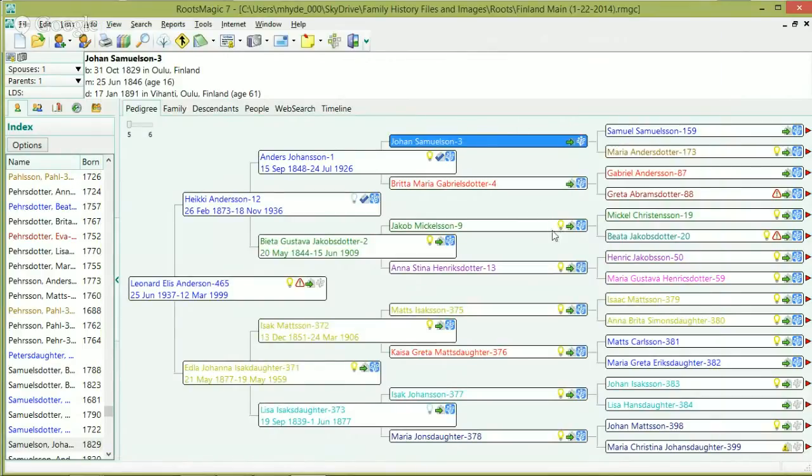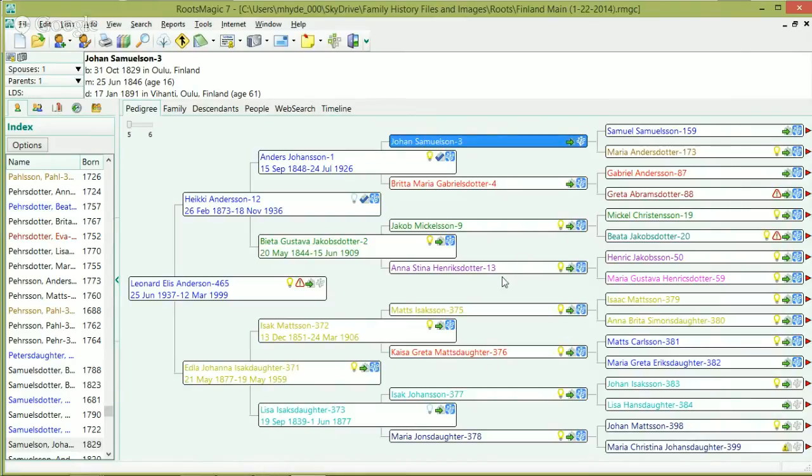The little light bulbs, those are hints. You know how on Ancestry and FamilySearch, they have record hints? Ancestry has a little green leaf that shakes when you got a hint for that person. FamilySearch just has a record hint from the side. This light bulb is saying that RootsMagic has searched websites out there and believe that there are records matching your